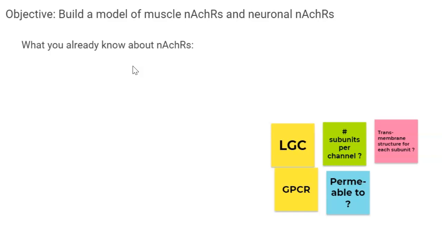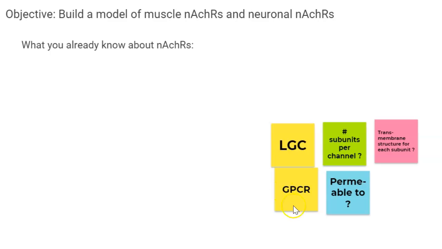And one of the nice things is that building from the nicotinic acetylcholine receptor, we can build to at least very closely to two other receptor types, and then the last two that we're going to be talking about are relatively similar. So looking at what we already know about nicotinic acetylcholine receptors. And so as a nice review, right,